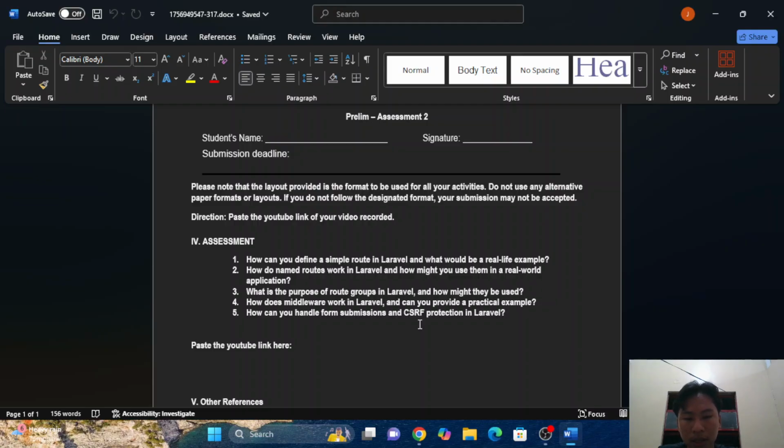CSRF protection is automatically provided by Laravel using a hidden token via the @csrf Blade directive. Laravel's VerifyCsrfToken middleware then validates this token to ensure requests originate from your application, preventing malicious exploits.